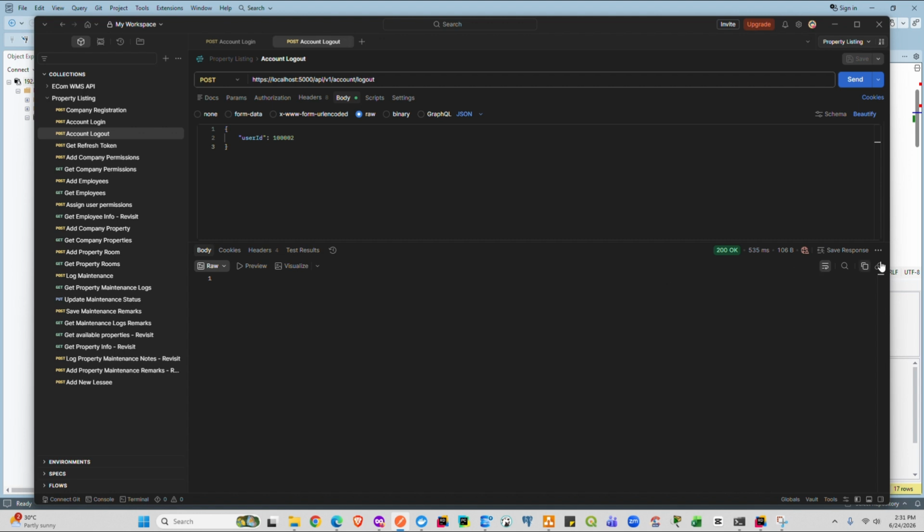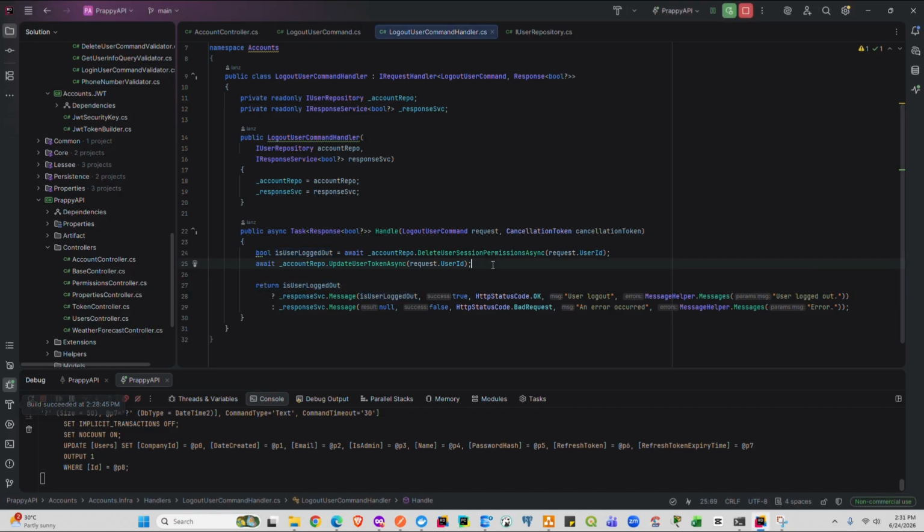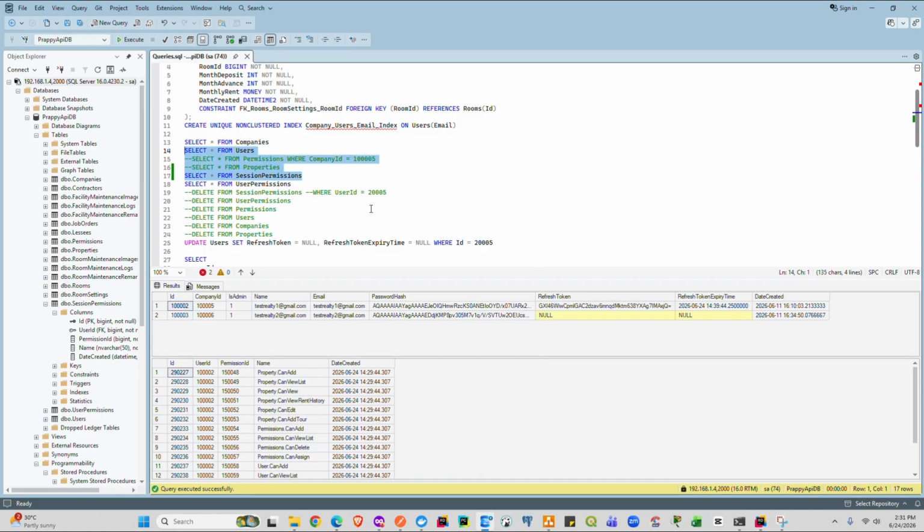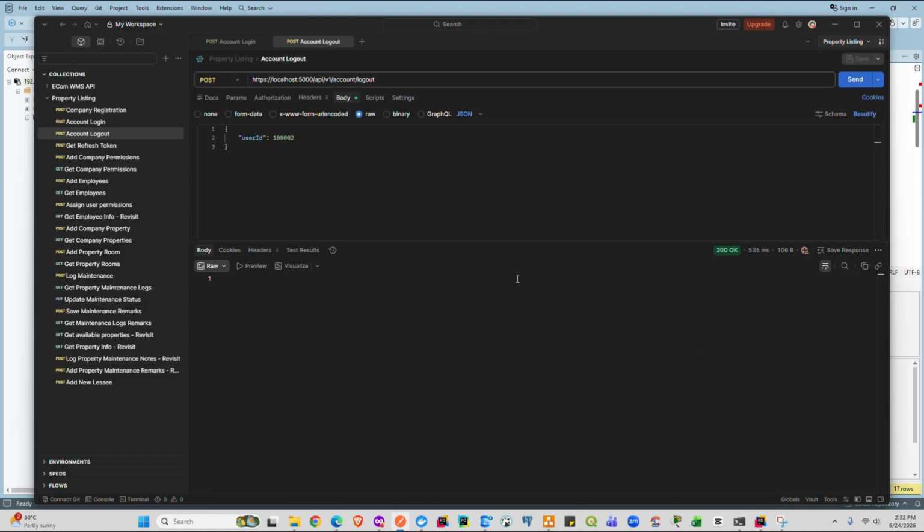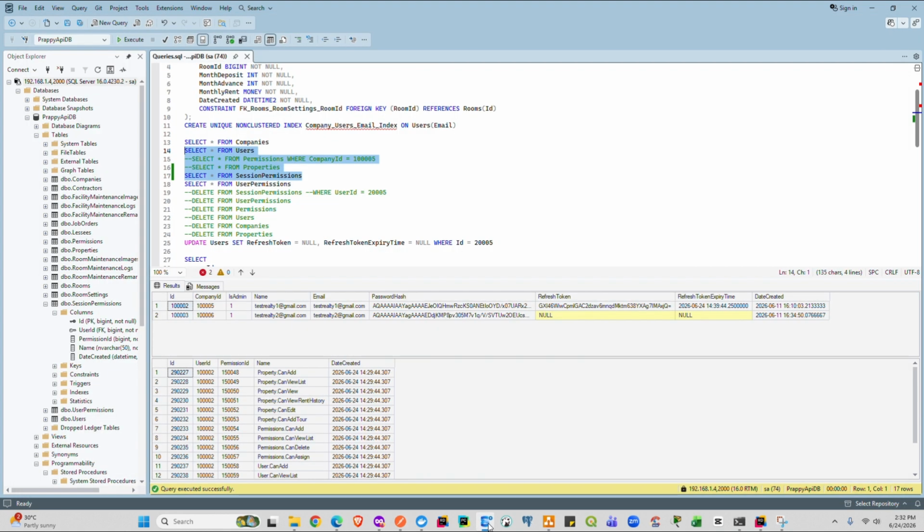What the logout endpoint did was first delete the user session permissions and then update the user tokens to null, which, if we go back to the database, now upon checking the database once the user logs in, these two columns have values, right? And then the session permissions have values too. But whenever we try to log out here and then do a refresh,